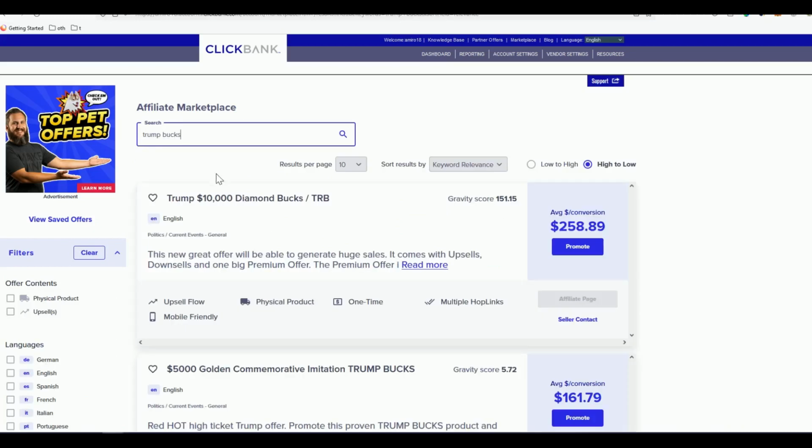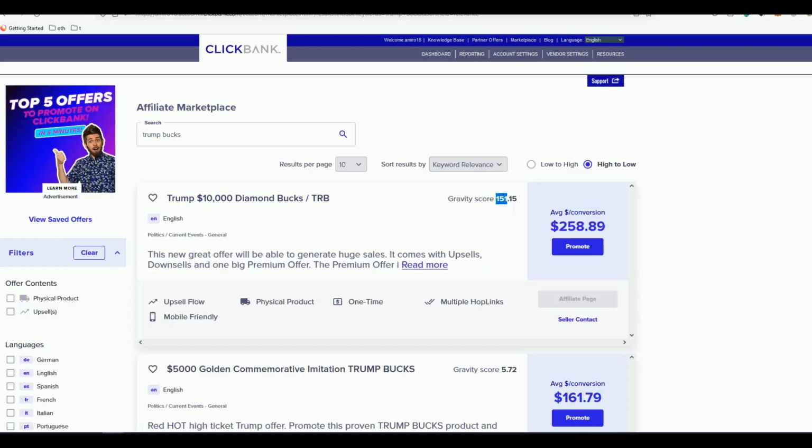Okay, and as you can see here, Trump 10,000 diamond packs and the gravity score. Look at that, 151 affiliates have made sales in the past 30 days, and the commission is really handsome, $258 per sale. They don't have affiliate terms and conditions at the moment, but if you take a look at the